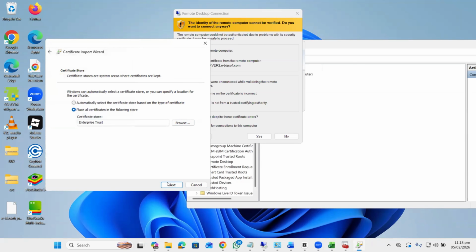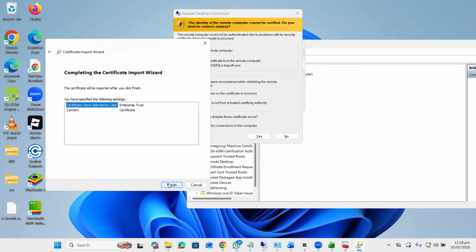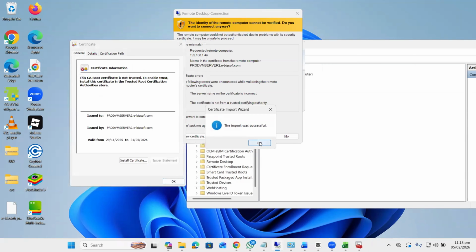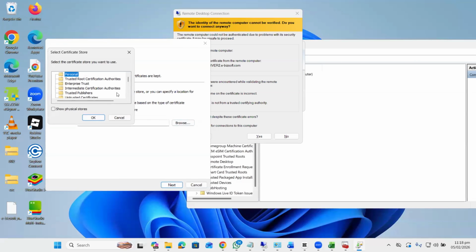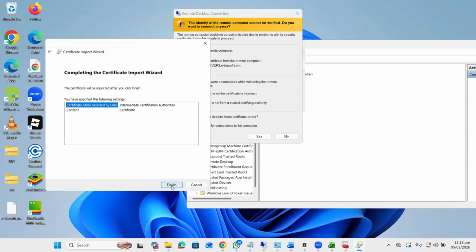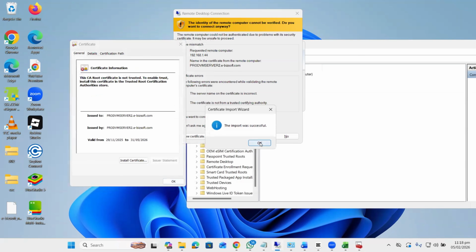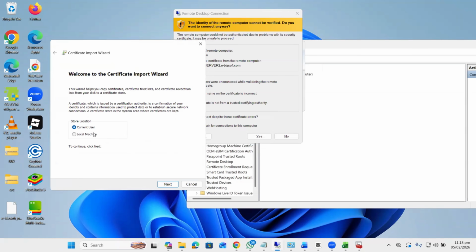Then you will be able to see that this issue is automatically resolved because I have already installed the required certificate in the specified locations here. Because it's a self-signed certificate, we need to install this certificate in all areas.